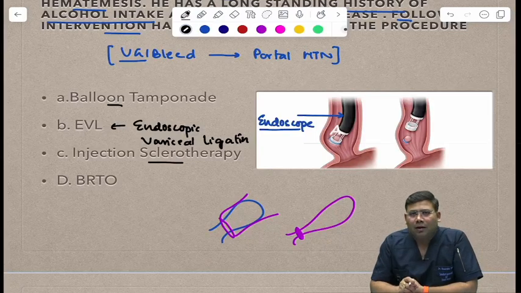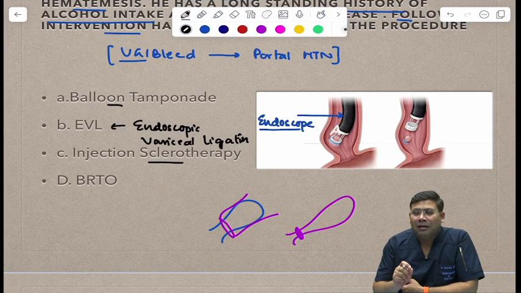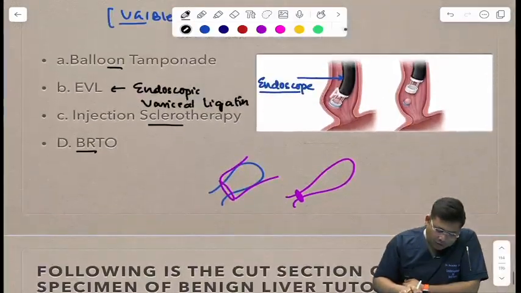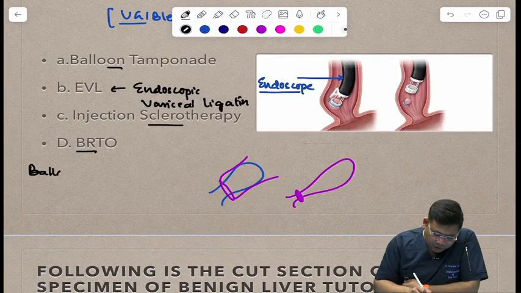This is not a balloon tamponade, because in balloon tamponade there would be a balloon with two chambers. One is the esophageal chamber, one is the gastric chamber. And what is this BRTO? This is known as balloon retrograde